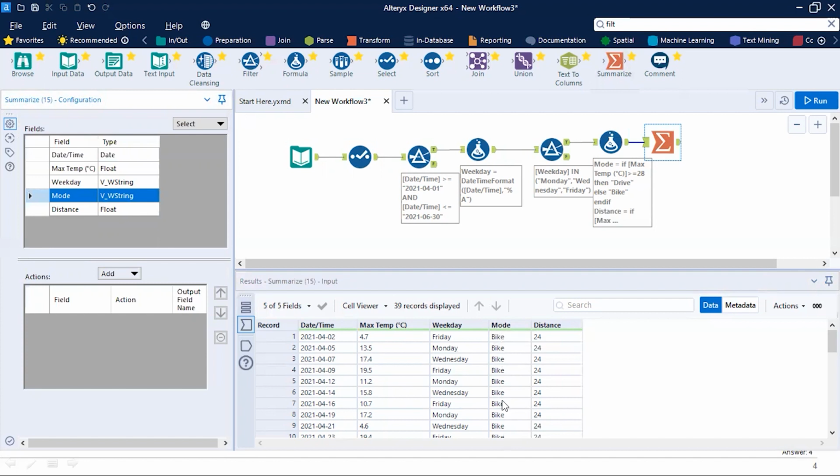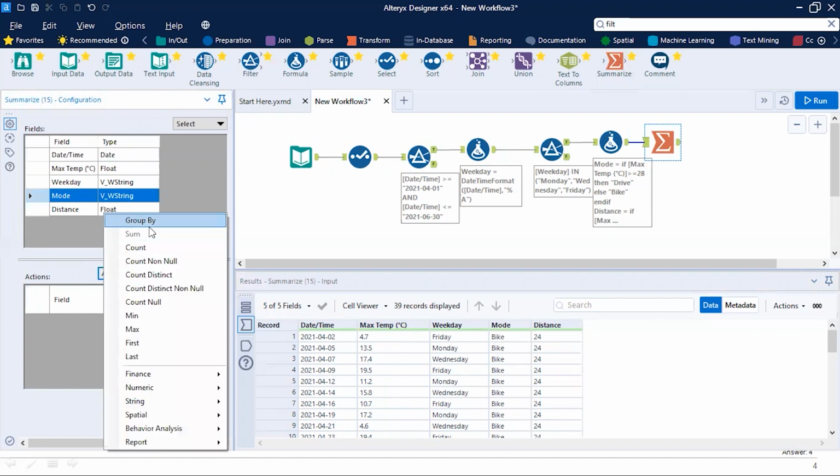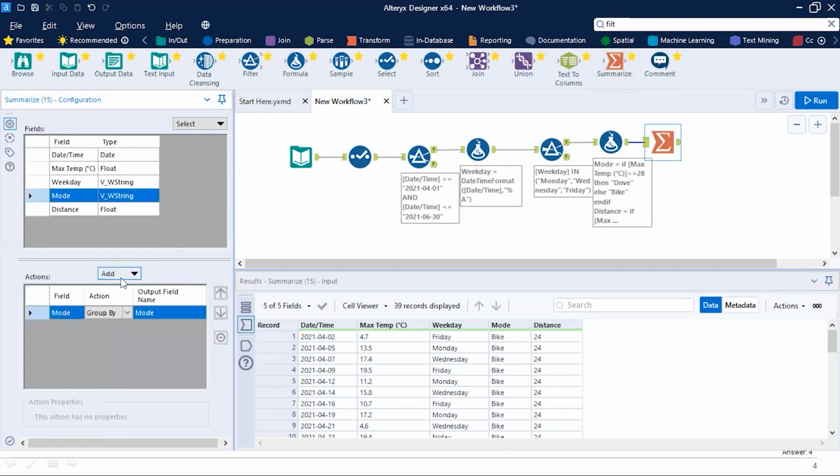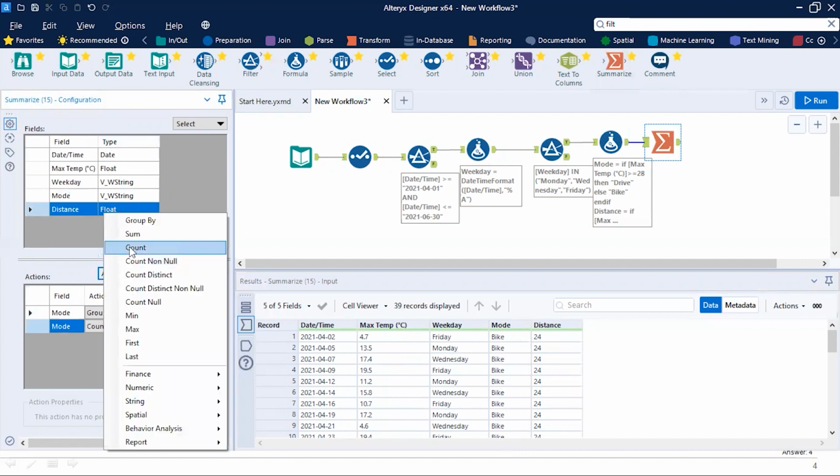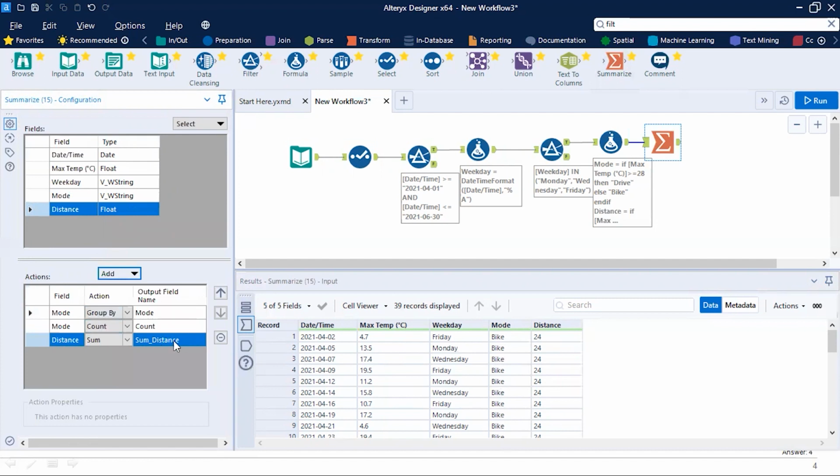Let's group by mode, and in the drop down select count of mode, which will tell us the count of the days. You can use any other column for a count, that will not make any difference. And for the distance you will use the sum, that means the kilometers she traveled. Okay, so let's run this.